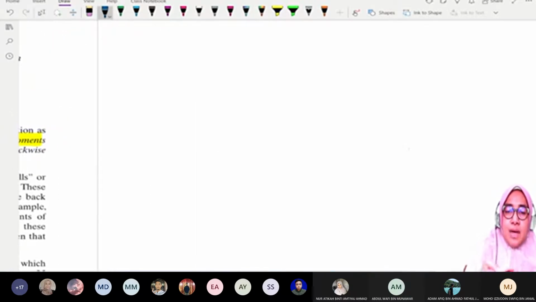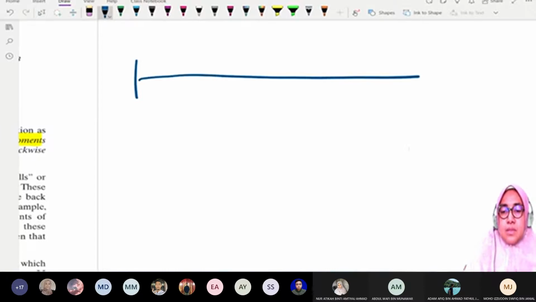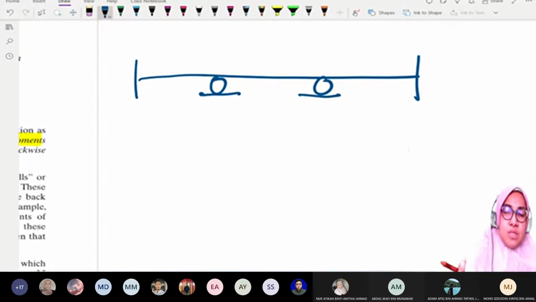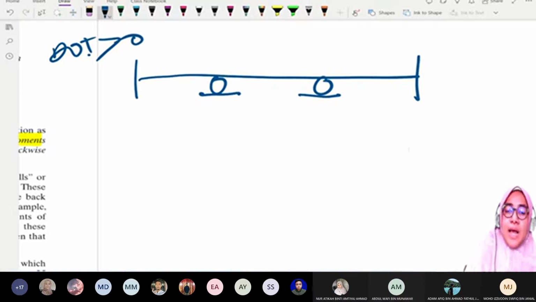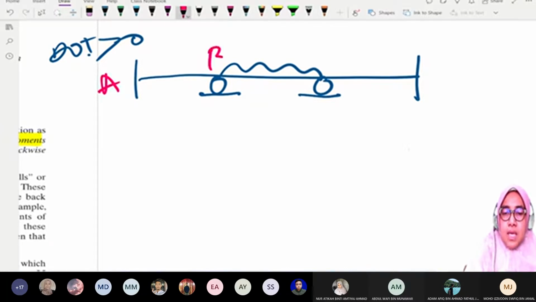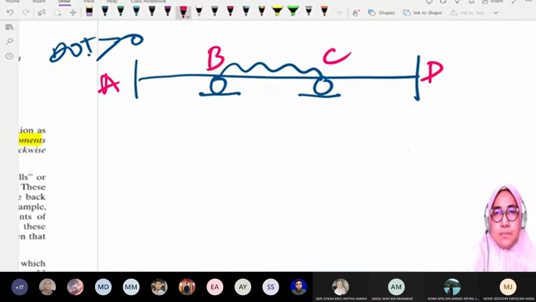So what is actually member and moment? For example, we have a beam like this. This is a continuous beam. Of course, if we check the degree of indeterminacy, the DOI will be more than 0. Let's say we have this A, B, C, and D. A member and moment refers to,